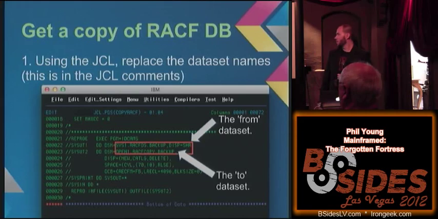All right, so this is JCL. This is what I was talking about earlier. All you need to do is change the sys1.racfds.backup to whatever your RACF database would be, and then open1.racf copy, that's my data set. I can't take credit for writing all the JCL. I had some direction from Nigel, but I rewrote it to explain a little bit more for people who don't work in mainframe all the time.